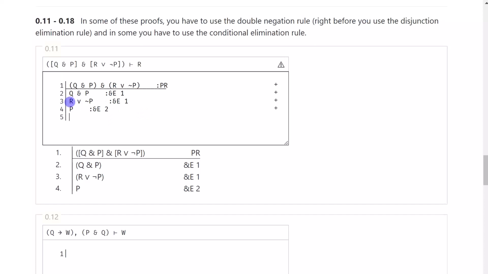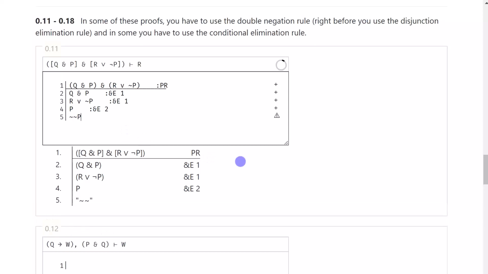Okay, now we want to get this R on a line by itself. Here we have R wedge, not P. And on line 4 we have P. So this is a scenario where we need to use the double negation rule. So we're going to take this P on line 4, put 2 nots in front of it, DN 4,